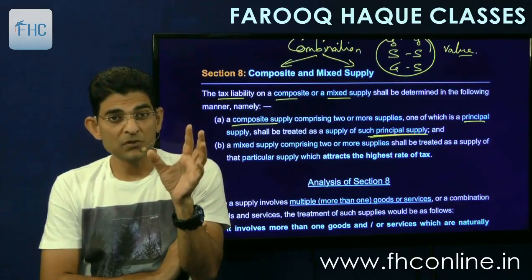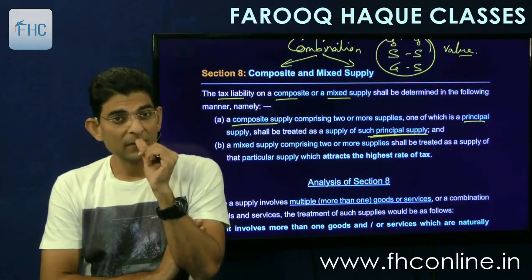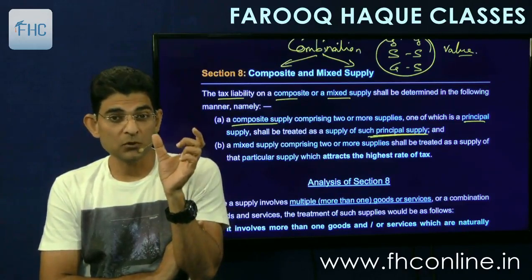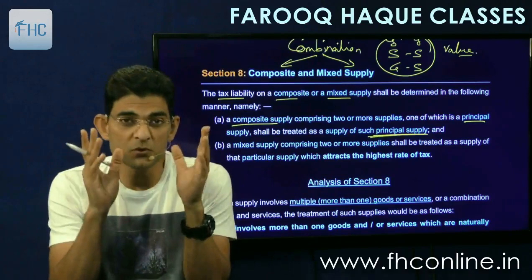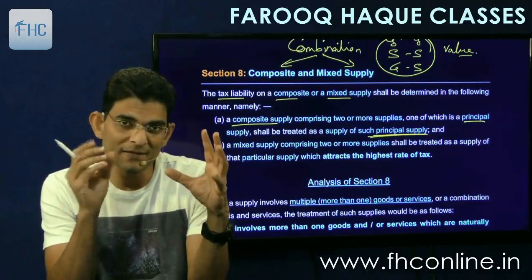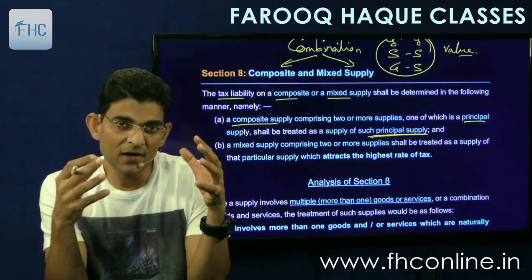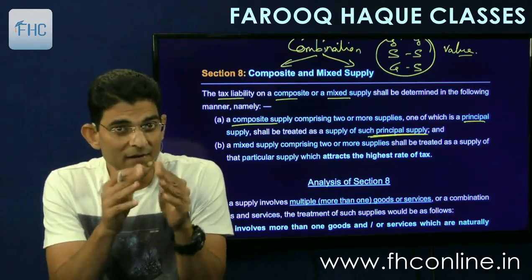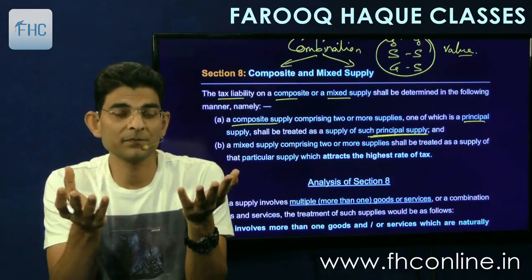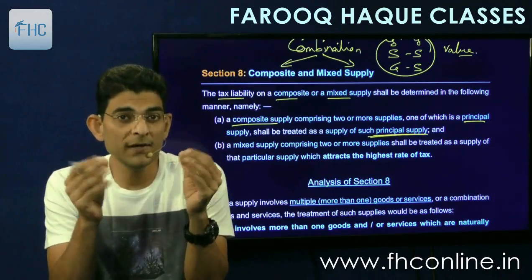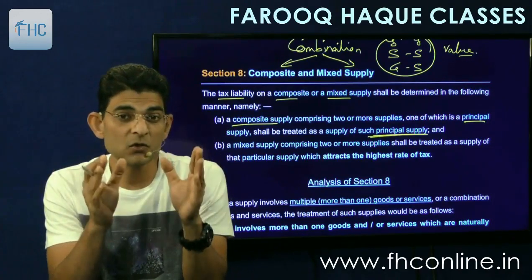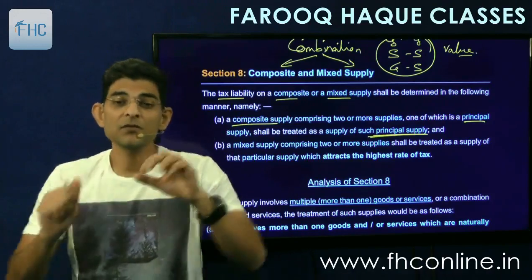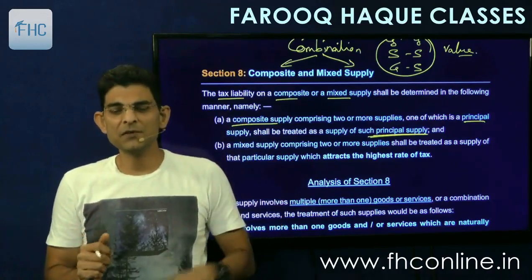If a composite value is charged for that, then it will be called composite goods. So composite goods basically mean one is the main and the others are subsidiary, and they are so integrated that they are normally done in the course of business. That is a normal thing to do in the course of business. So then it is called a composite supply. This is the basic definition, then we'll of course see the definition in detail below.